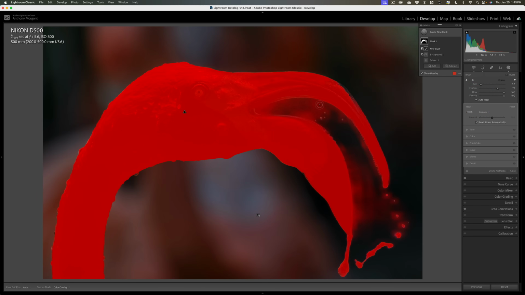Auto mask will, when you click, like right here, look at the tone, texture, and color right where you clicked, and it will try to only apply the brush stroke to similar tone, texture, and color. So hopefully I won't encroach upon that beak. If I do make a mistake and get a chunk of that beak, I can take care of that, and I'll show you in a moment. We'll do the best we can here very quickly, because I know this is probably very boring to watch me do. So we'll get a bare brush here and come down in here. I'm not going to worry about those drops. All right, so we're going to come in here